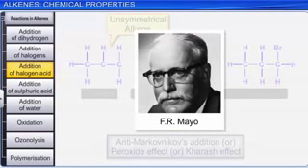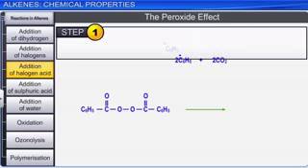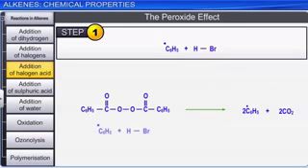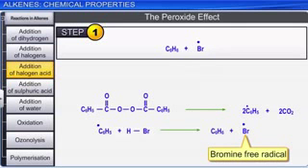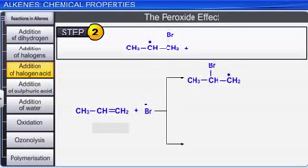The peroxide effect takes place via the free radical mechanism. In this reaction, initially benzoyl peroxide undergoes homolysis to form benzene free radical. This attacks hydrogen bromide and results in the generation of a bromine free radical. This bromine free radical further propagates the reaction by attacking the double bond in propene. Hence, propene undergoes homolytic cleavage to produce less stable primary and more stable secondary free radicals as shown here.